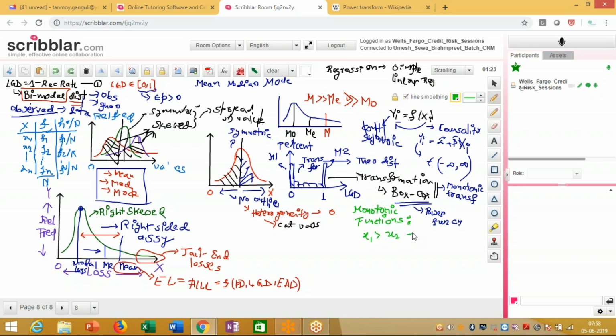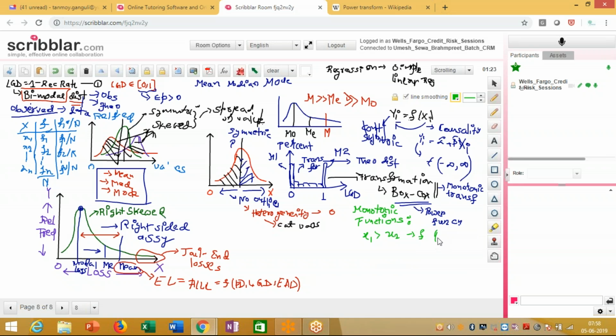So for a function f, if x1 is greater than x2, then f will be monotonic if